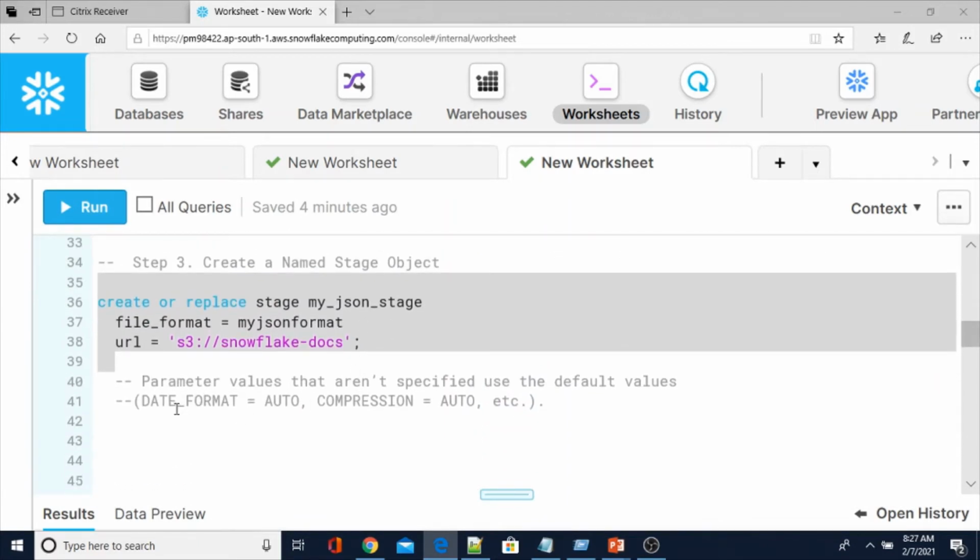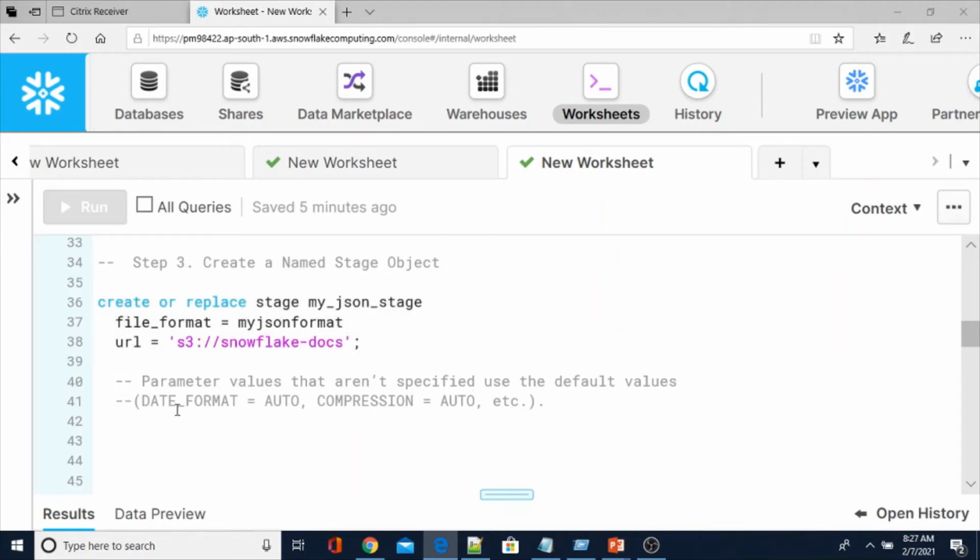Here, date format and compression I didn't specify, so the default will be taken as auto. Parameter values aren't specified, so the default values are used. Like date format: suppose in your file there are date columns, then while reading the data it will take the date format as the auto date format.